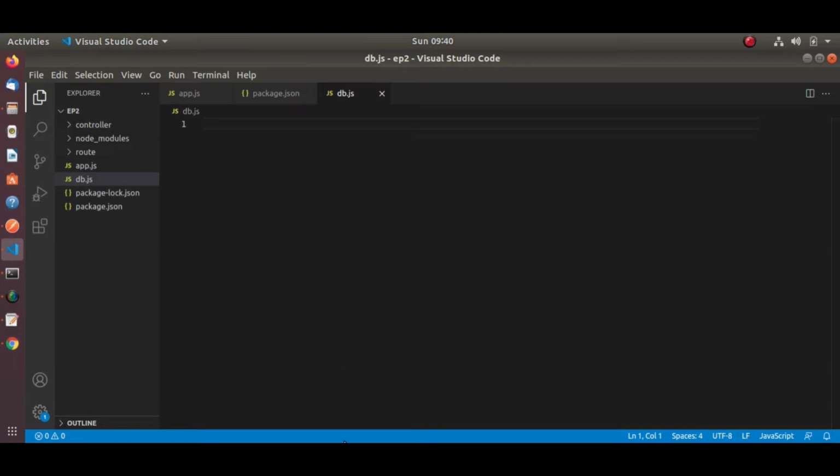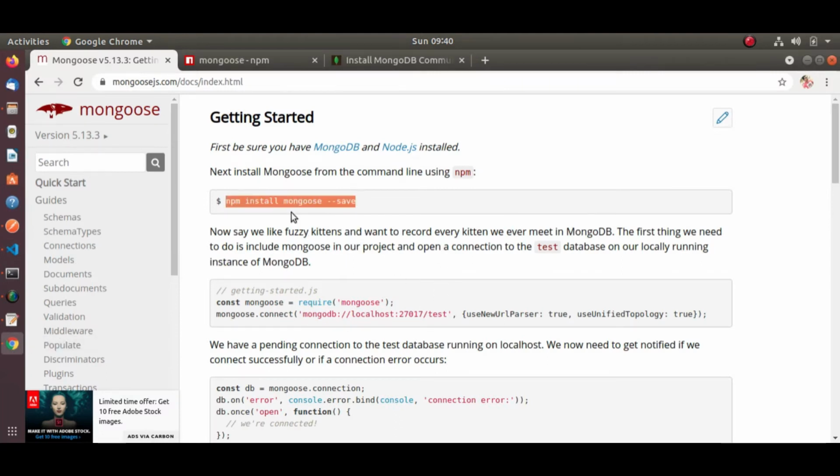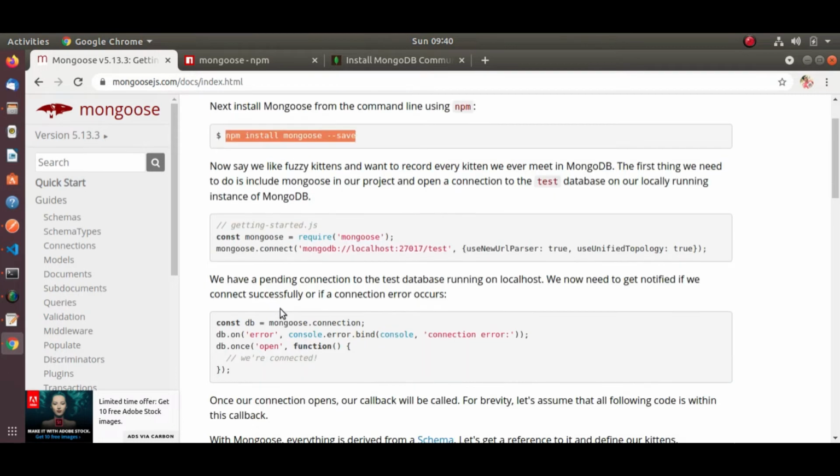If we go to this home website or documentation site, you will find many options, many steps to connect to the MongoDB database. So let's copy those.